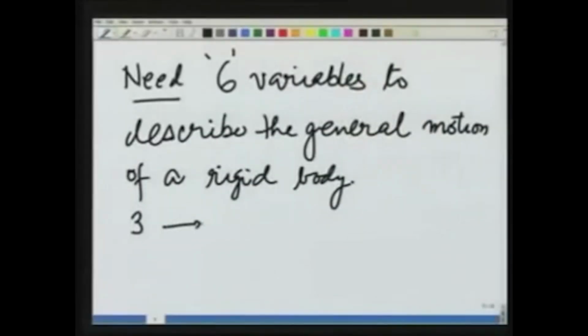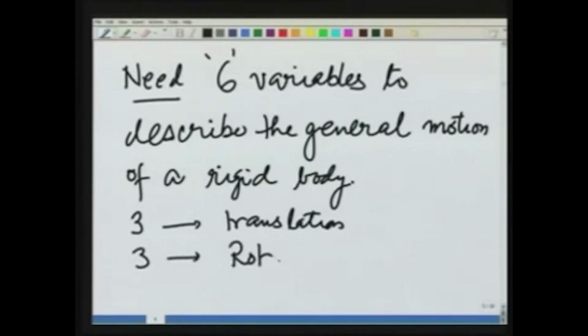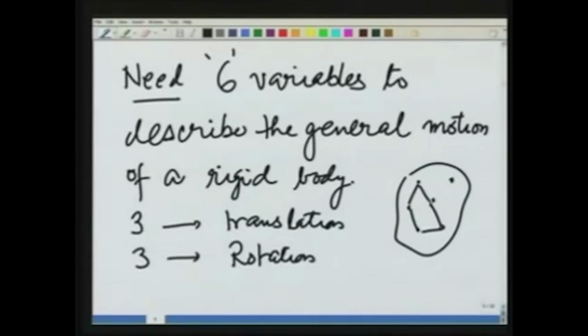3 of these are for translation, and 3 for rotation. What will happen if I take a rigid body? Now I can make it a general rigid body like this. All the distances are fixed between these points, and fix one point of this body. Suppose I pin it here, then it cannot translate anymore, and therefore I would need only 3 variables for describing